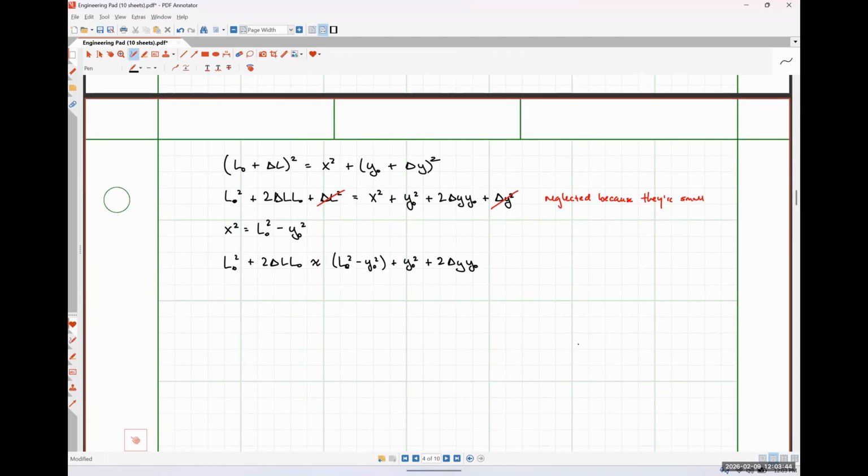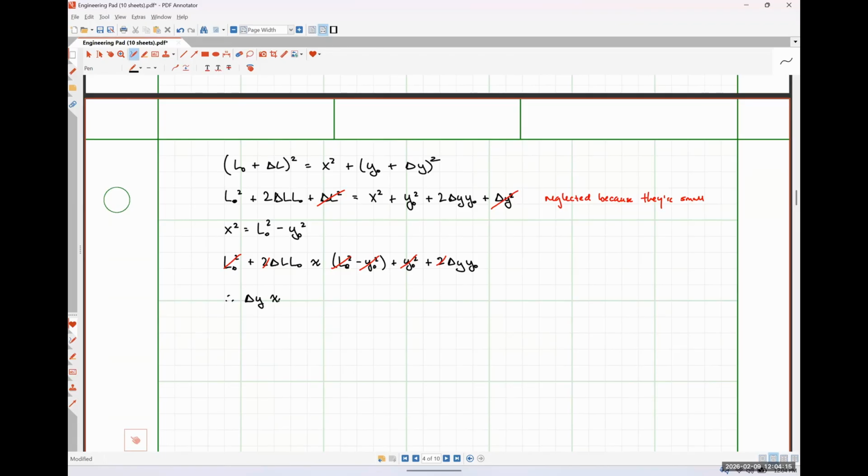The minus y naught squared and plus y naught squared go away. The L naught squared on the left-hand side and the L naught squared on the right-hand side go away as well. This common factor of 2 cancels. And rearranging this, what I find is that my change in y